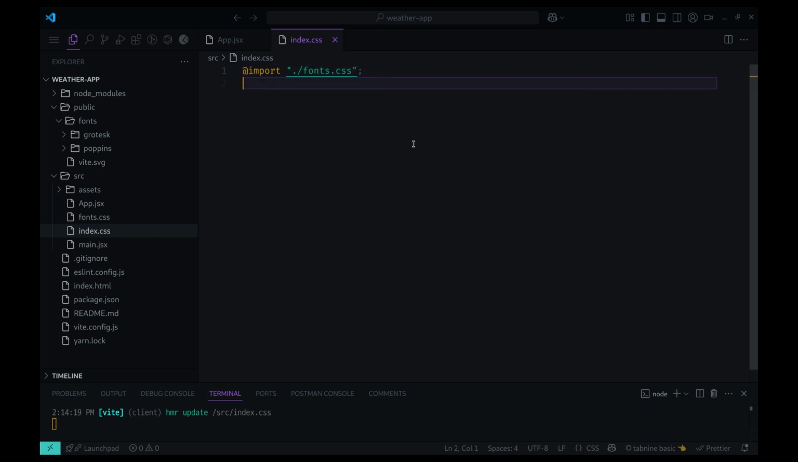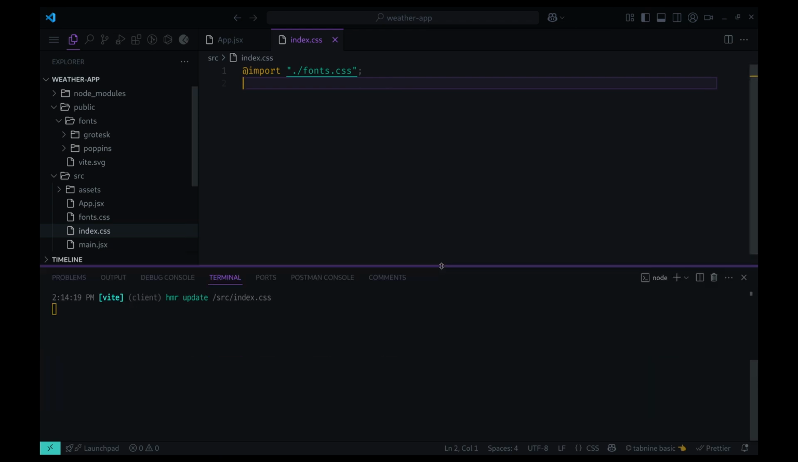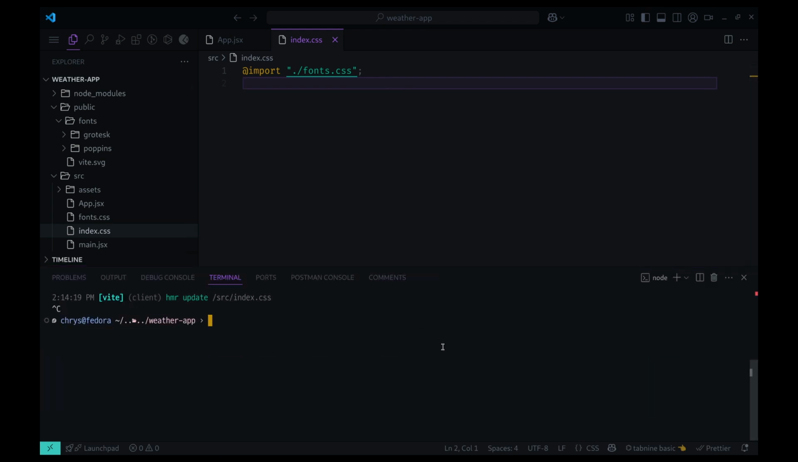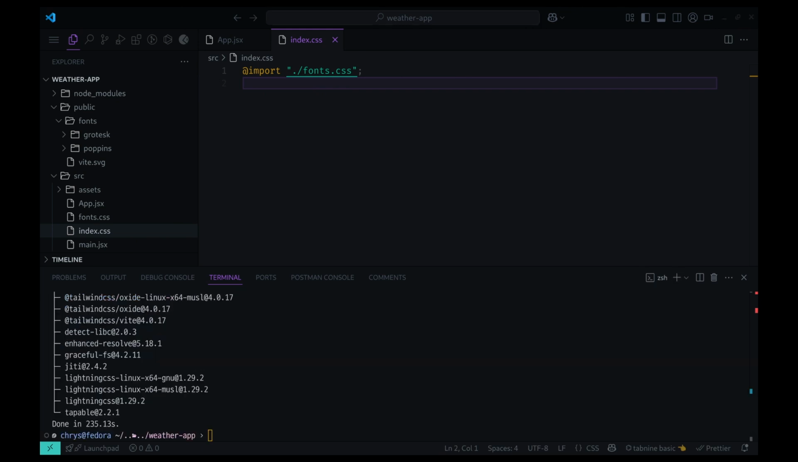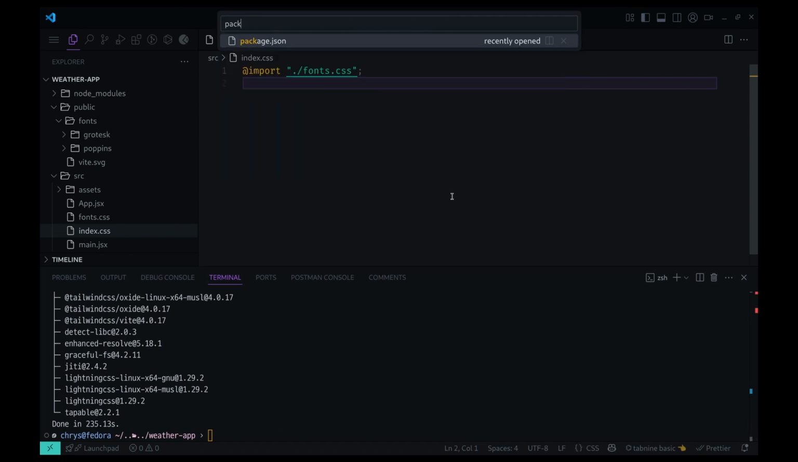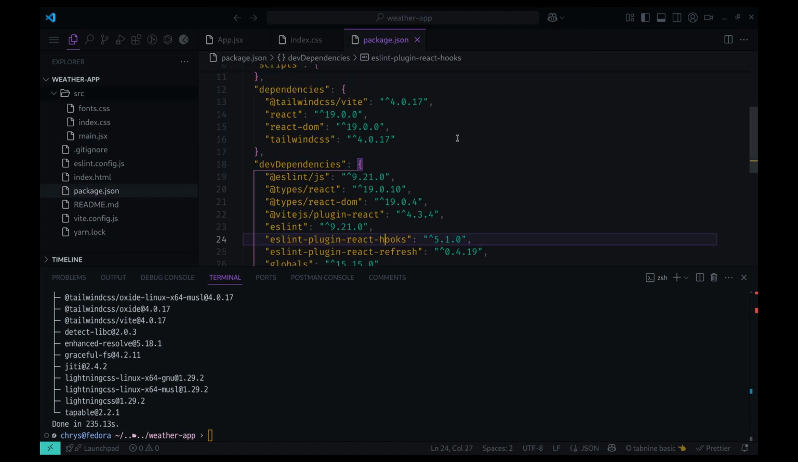Now, let's go ahead and install Tailwind in our project. You can use this command, but remember, since we're using Yarn instead of npm, we'll need to adjust the command accordingly to install Tailwind with Yarn. Once the download is complete, we can double-check that Tailwind is present in our project by taking a quick look